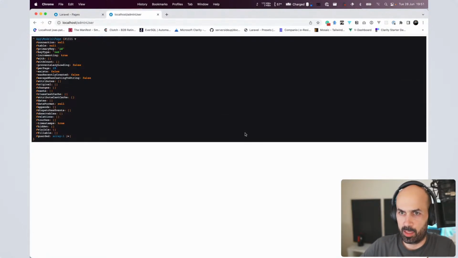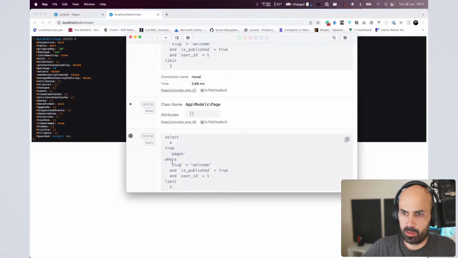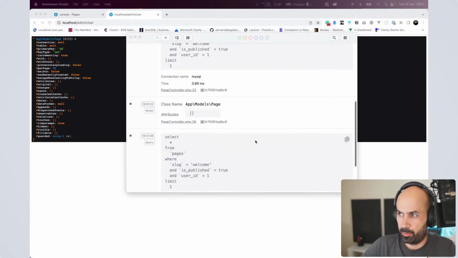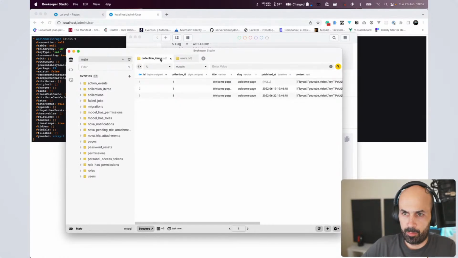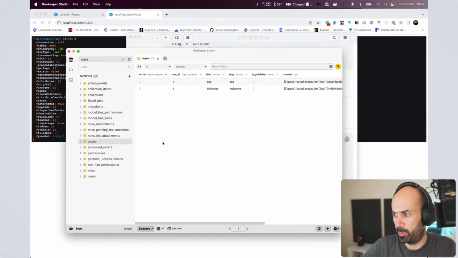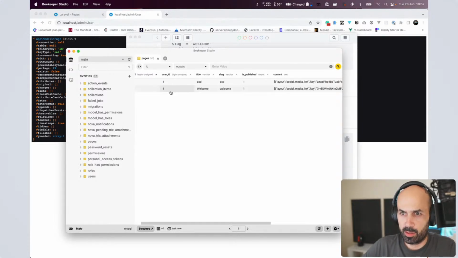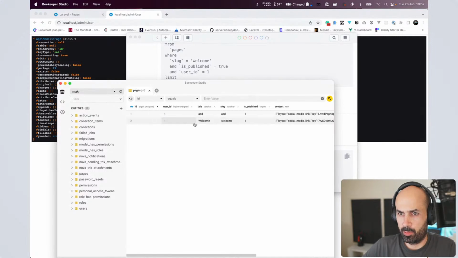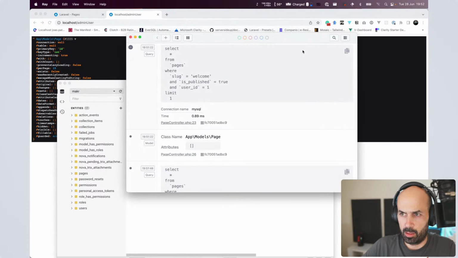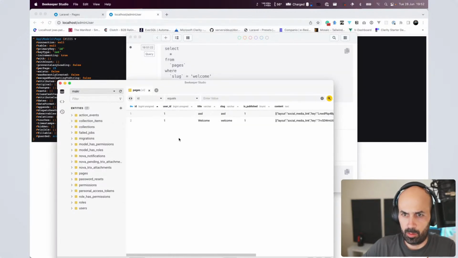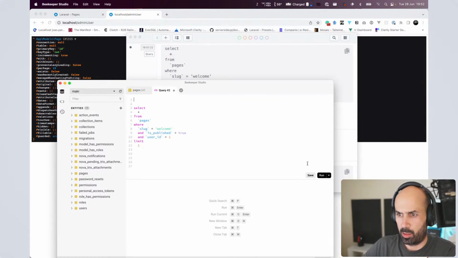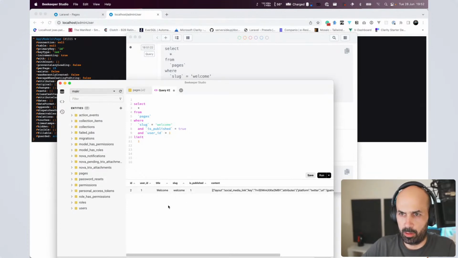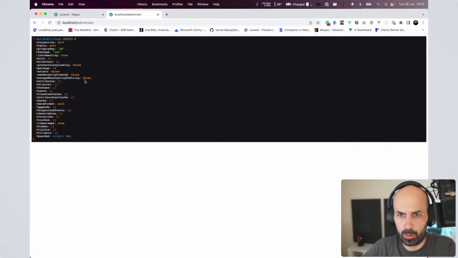Now it is, and most likely if we refresh, nope, still we don't get, so maybe let's look at our data, and so we should have in pages welcome slug, user ID equals to 1, is published to true, slug welcome, pages, I don't get it, so we're gonna go and run a query, and why doesn't this, yeah it does return the record, so why don't I have